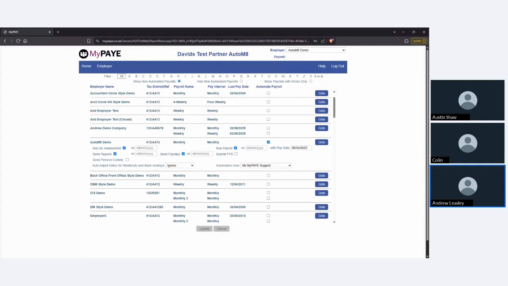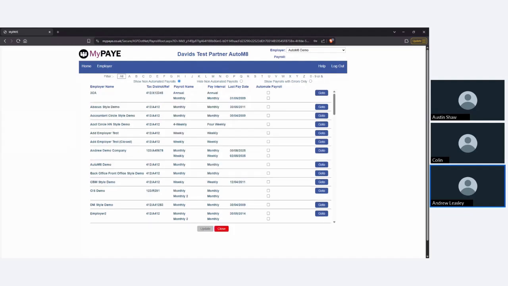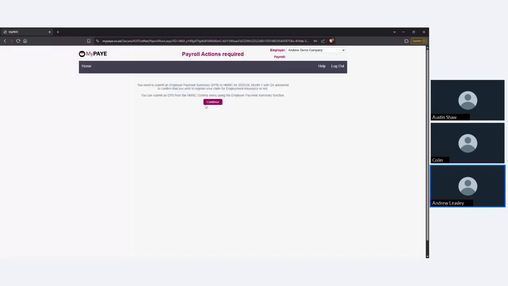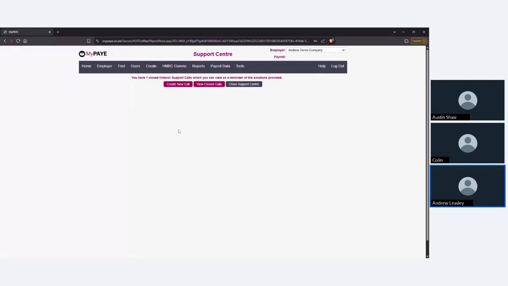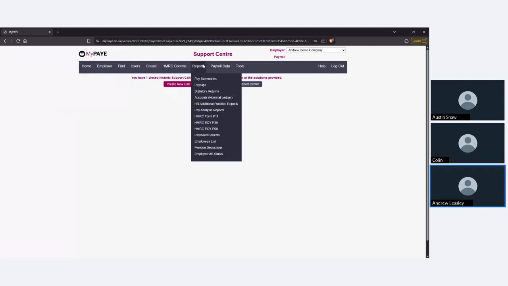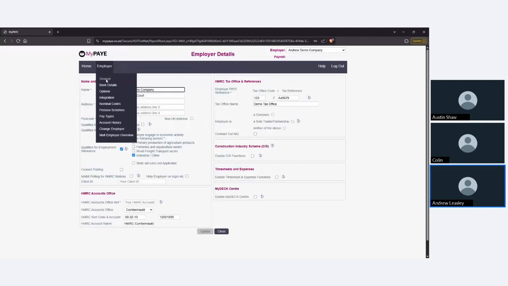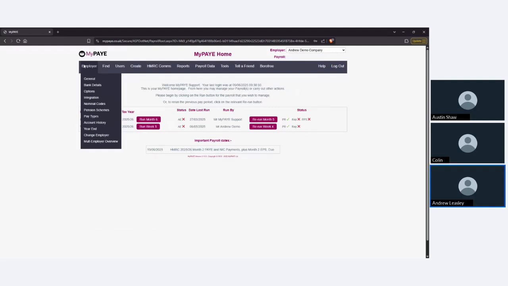So that's kind of all the key points of the system. You've got the basic running of your payrolls from the home screen, rerunning prior periods, rolling back if you need to, running your reports, sending your pay slips, and automate if you want to just automatically set payrolls to run as they were. I won't go into detail about every single menu. You're looking at boxes to fill in for all the setup. So what I've gone through is just how you would actually use the software on a frequent basis and actually